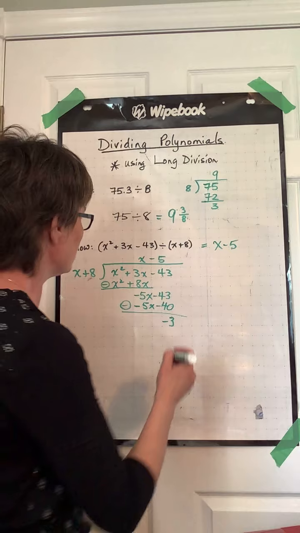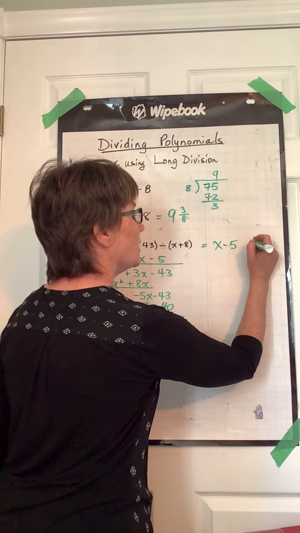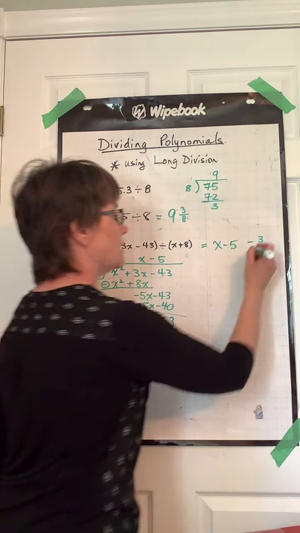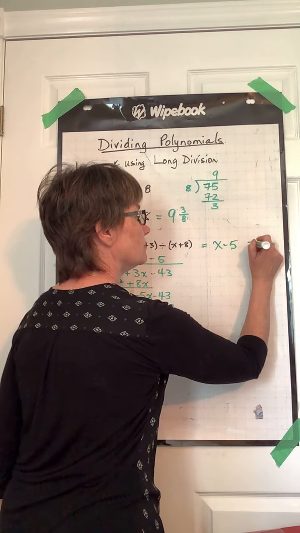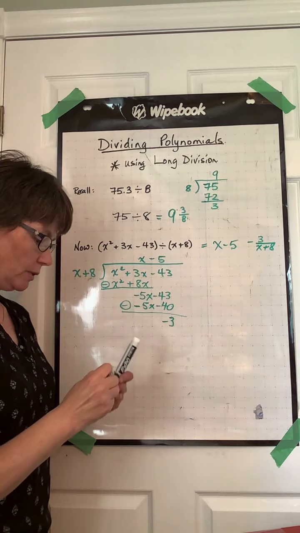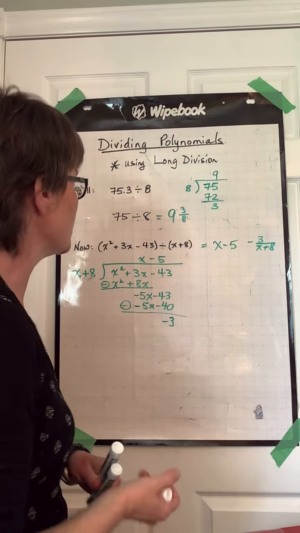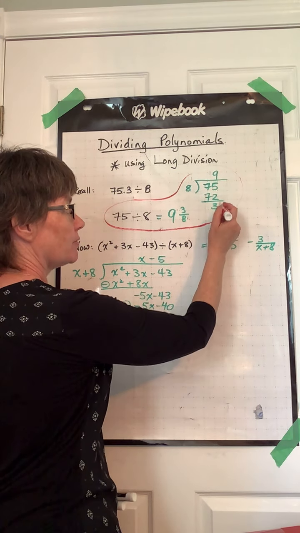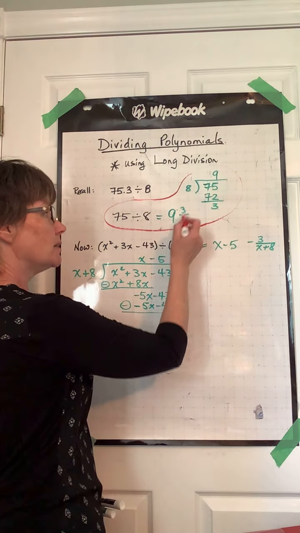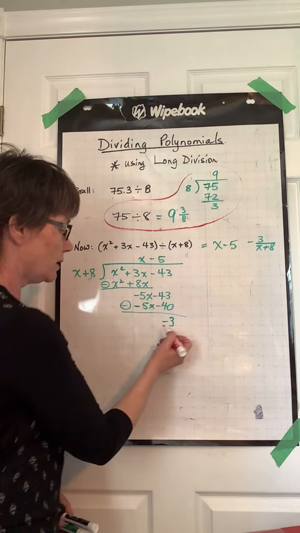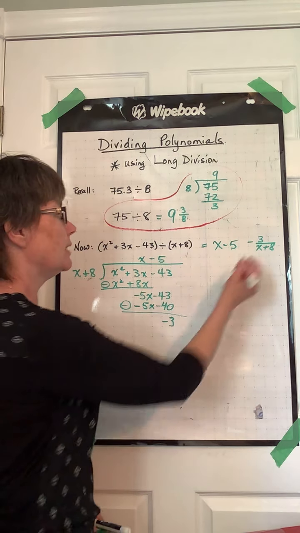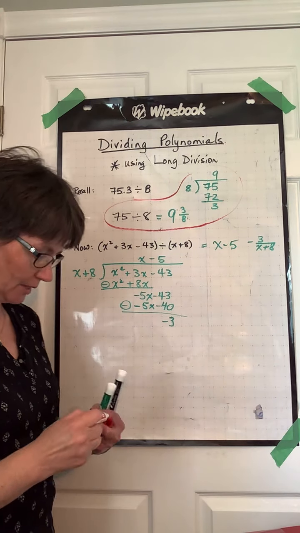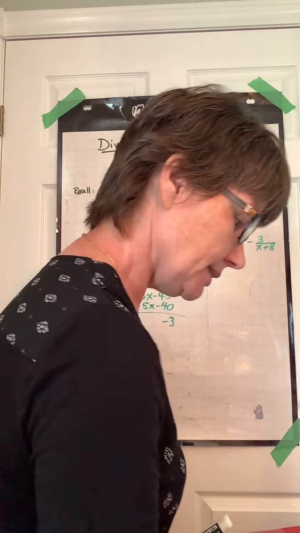Okay, so we're going to represent that remainder as -3, and it was over the x plus 8. That's our remainder, just like we had our remainder up above in this more simple example. We had a remainder here of 3, and that 3 was a remainder over 8 because that's what we were dividing by. Here we have a remainder of -3, and that -3 is over x plus 8 because that's what we're dividing by. All right, let's look at another example